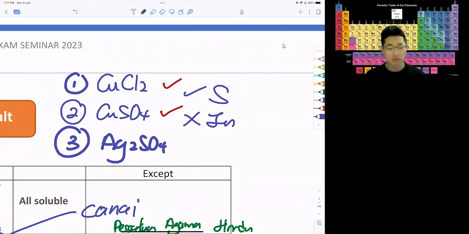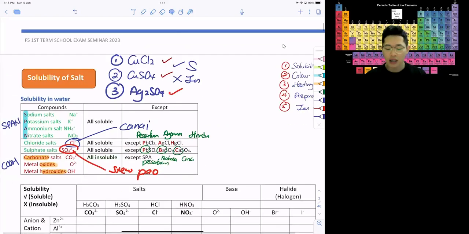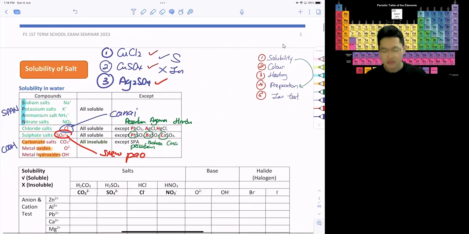Ag2SO4, soluble or not? Okay, good. This is soluble. Nice. Because SO4 is soluble, as we said just now. Sulfate is not paired with the span. Okay, it's soluble, just like that. So usually, doing questions like this is quite easy for students. But when the questions are done the other way around,